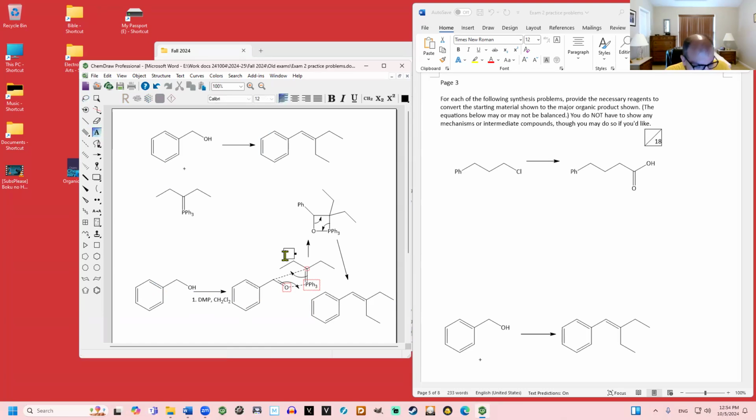In the second step, we treat that aldehyde with the given Wittig reagent, which is right over here. That goes through the usual two steps of the Wittig mechanism and makes the alkene. So that's how I would approach that